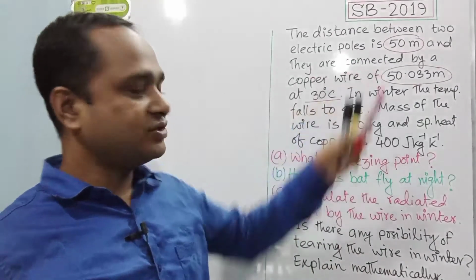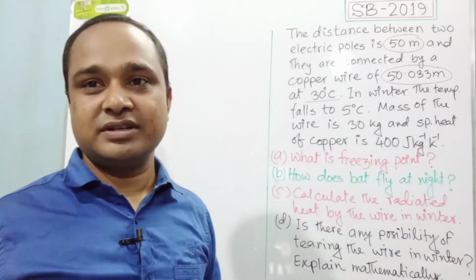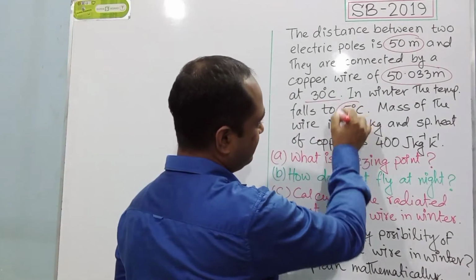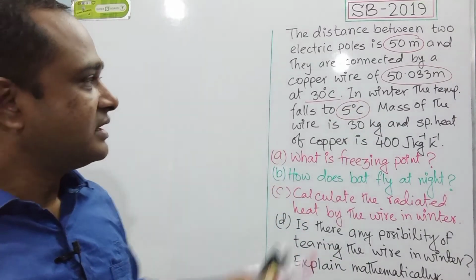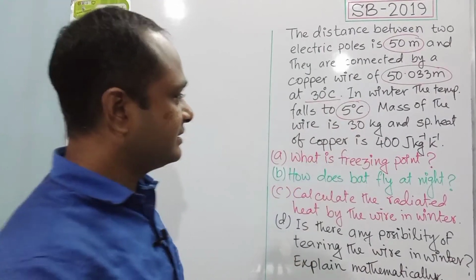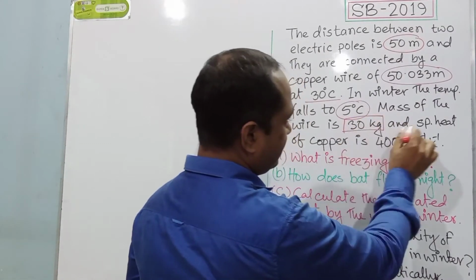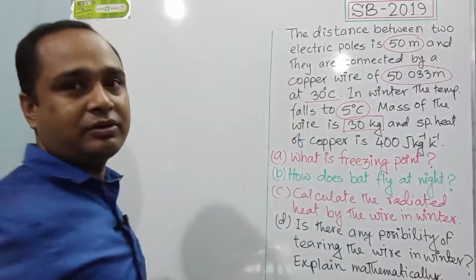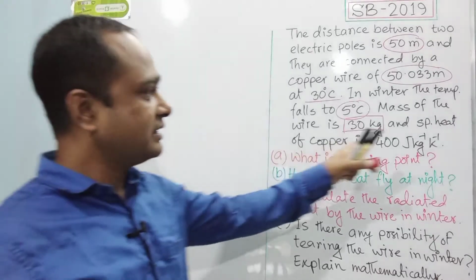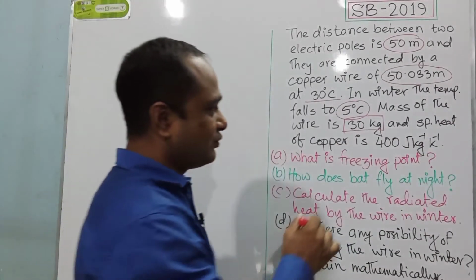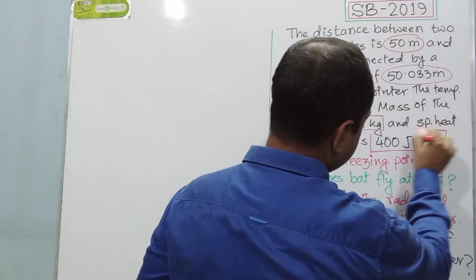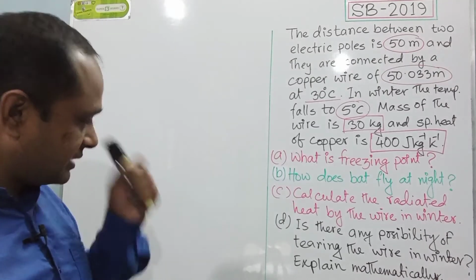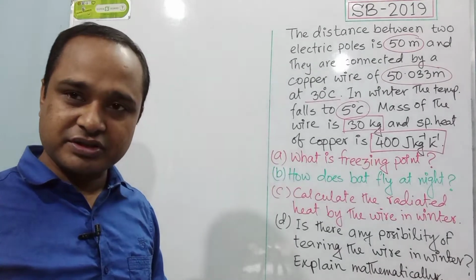That means the situation described above is about summer, and in winter the temperature falls to 5 degrees. This is the final temperature. Mass of the wire is 30 kg. This is the mass of the wire and specific heat of the copper. That means the material of the wire. The wire is made of copper and the specific heat of the copper is 400 joule per kg per Kelvin. So this is our stem, and the questions are: